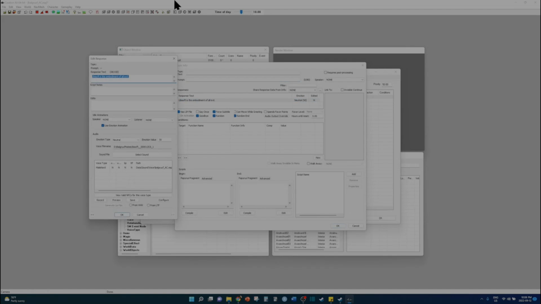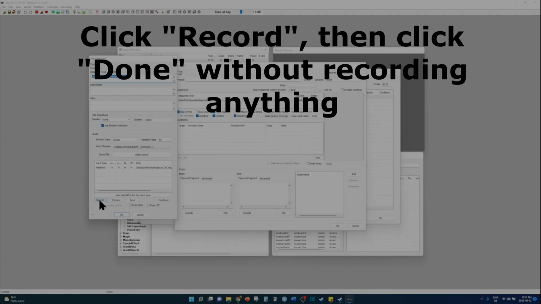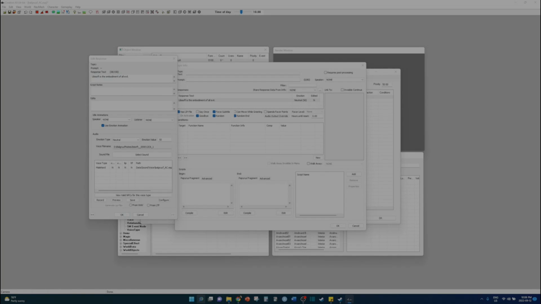Now you want to put in the text that you will say in the response text box. So we're finally at the point where we're going to be putting some audio in the game. So first, click record and then click done once that window opens. Without really recording anything, all this does is make a temporary file that we're going to be replacing with